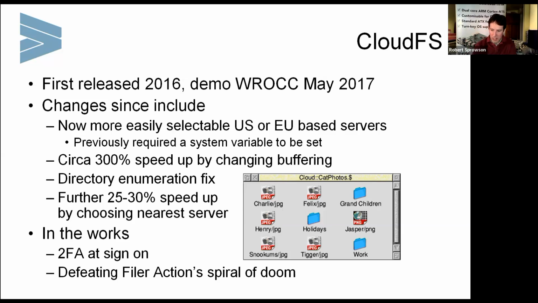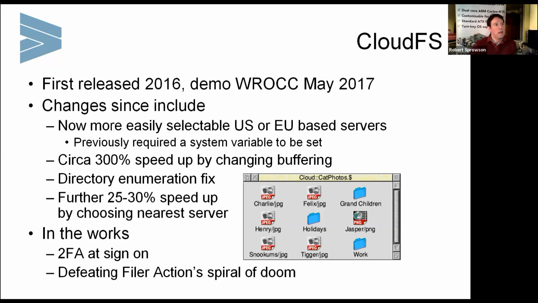So Filer Action has a weird fatal embrace: what it's doing when you're copying files is monitoring how fast you're copying the file. It has some thresholds internally, knowing how fast it thinks it wants to send it. If it realizes that you're spending more time than it wants sending the data, its strategy is to send it more slowly in smaller pieces, which for a network filing system is the worst possible solution to the problem, because the smaller you make the packets, the more packets you have to send for the same amount of data, and therefore